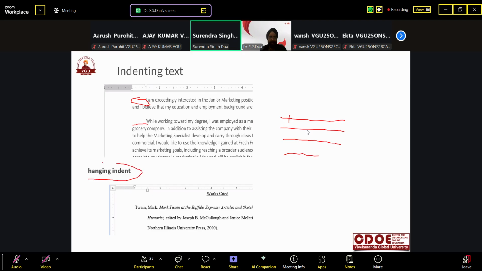Hanging indent means your text looks like this: the first line starts at the start of the margin, and after that all lines start some distance in. That is called a hanging indent. Only the first line is justified, and the remaining lines